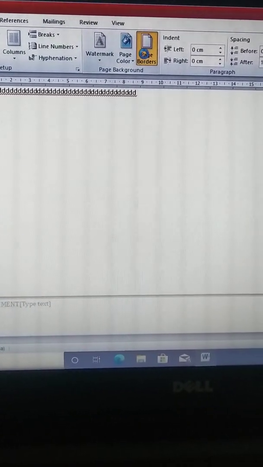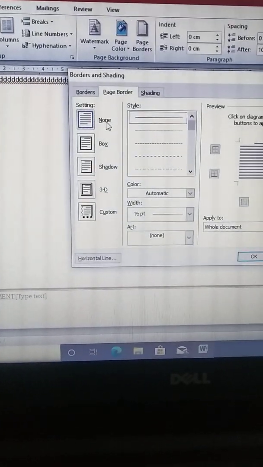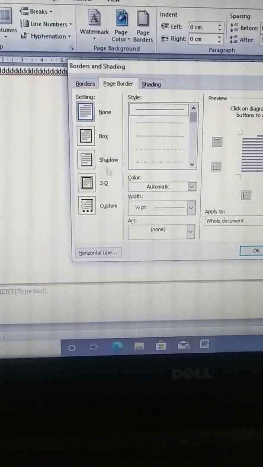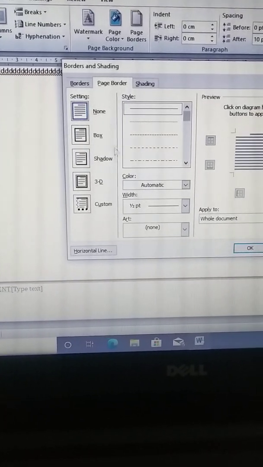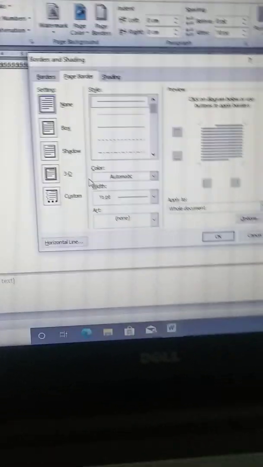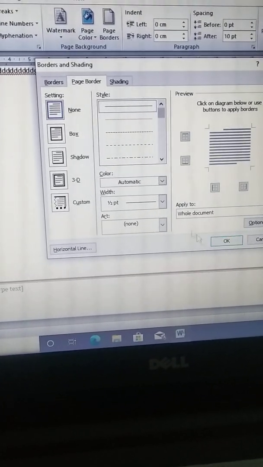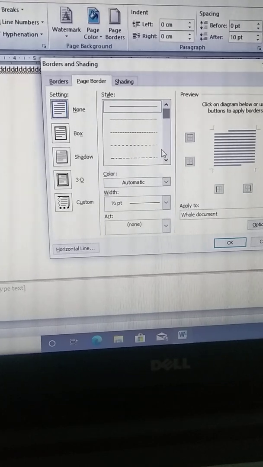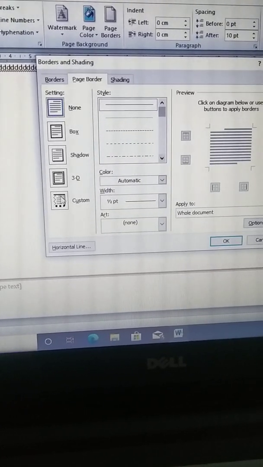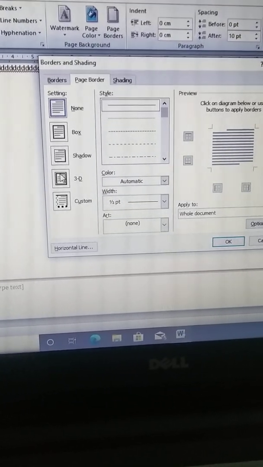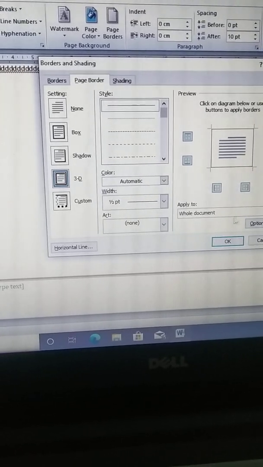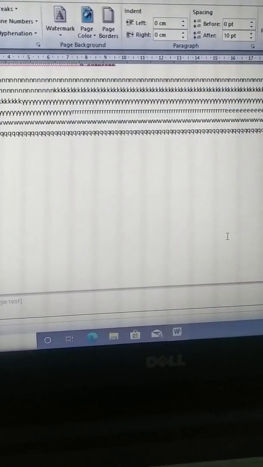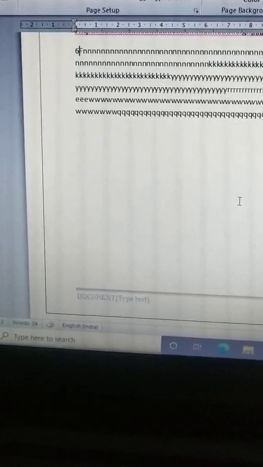Page borders are there. You can click and choose any option, then click the OK button. There are different kinds of borders here. A 3D border is here. You can select the 3D border and then select OK. You see here the border is given in your document.